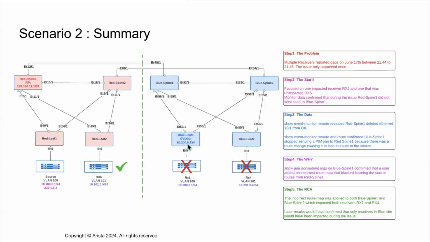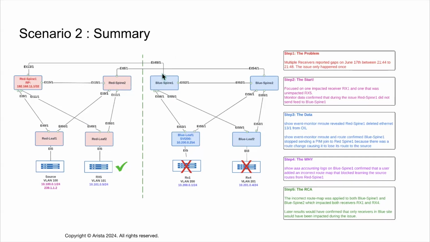We saw evidence of the route being timed out towards the source. And we confirmed that by looking at show event monitor route. And that helped us confirm that blue spine 1 had stopped sending these joins because it had lost its route towards the source. Looking at historic accounting logs, we were able to confirm that the reason for us losing our